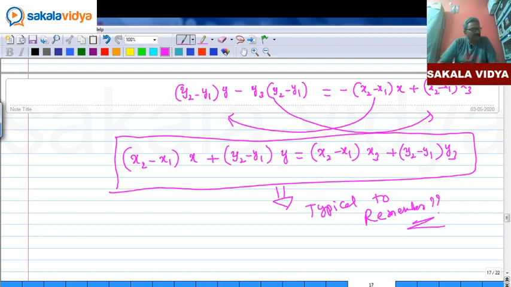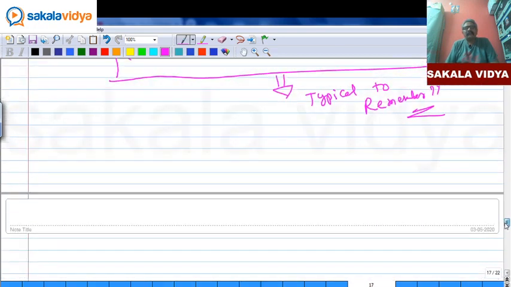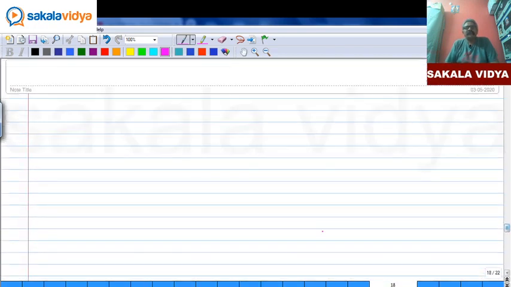Am I correct? Is it very typical to remember? But I will explain one shortcut. Actually here we derived a beautiful shortcut. So if I explain one example, definitely it will be very useful for us. You remember, but here I will explain one shortcut to you. So what does the shortcut mean? For example,